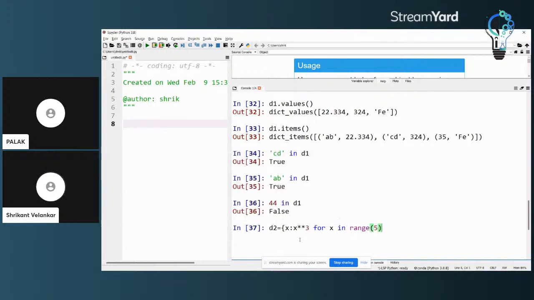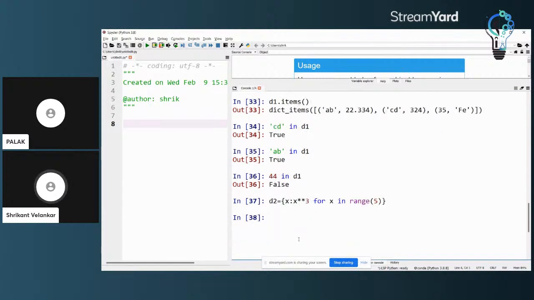Okay, let's do it with 5 only, and I'm closing the dictionary. So I have created a dictionary of the first 5 number cubes. Of course, because I have said range 5, it will generate cubes of 0, 1, 2, 3, 4.